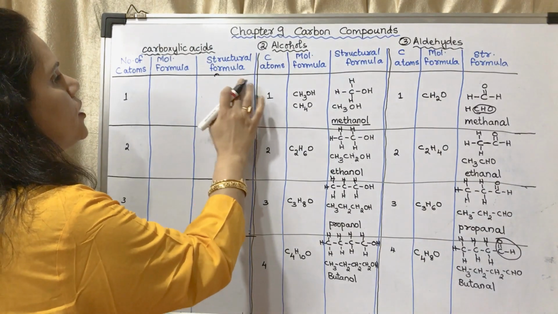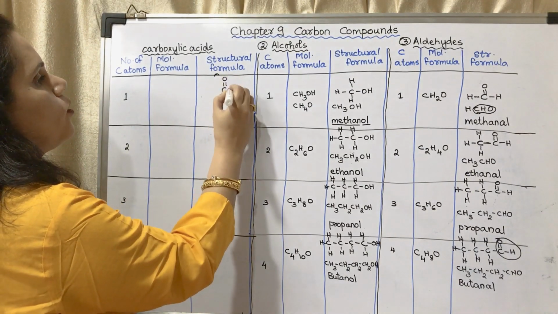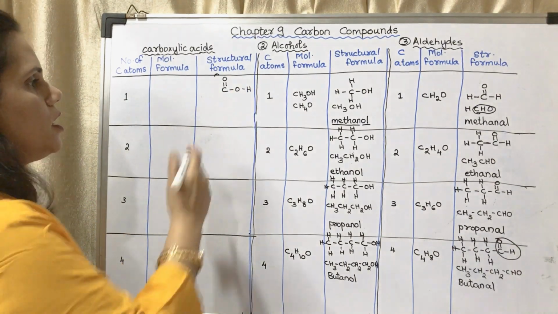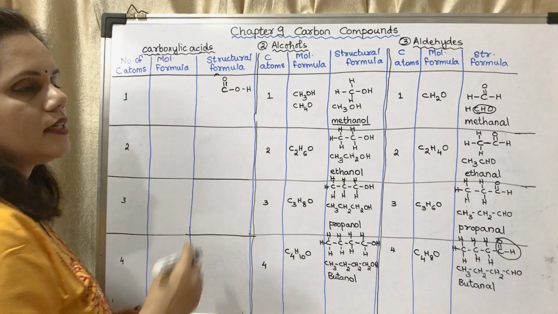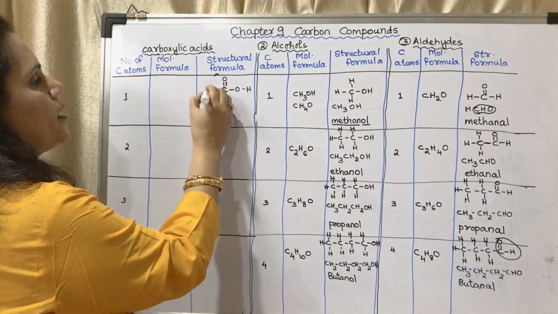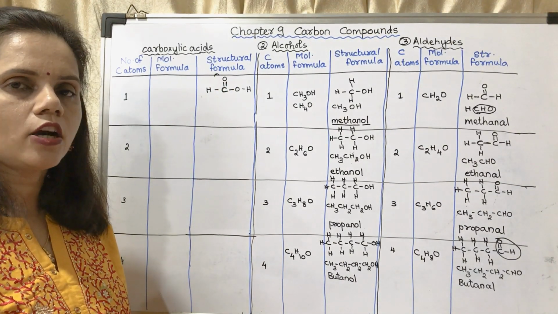I may repeat. So this is one carbon atom. It is having double bond O, and this side it is OH. So it becomes COOH. So for this C, you may see 1, 2, 3. 3 branches are already engaged. One is left, and that will be H. Why it cannot be C?